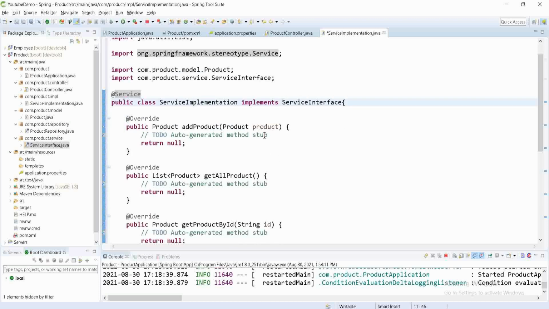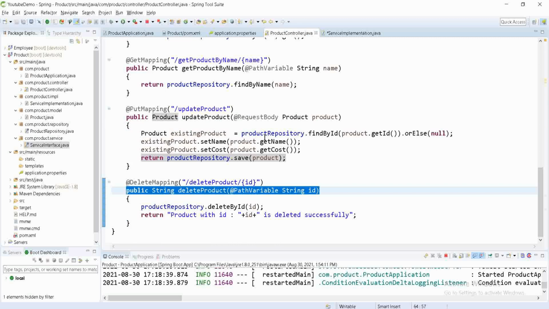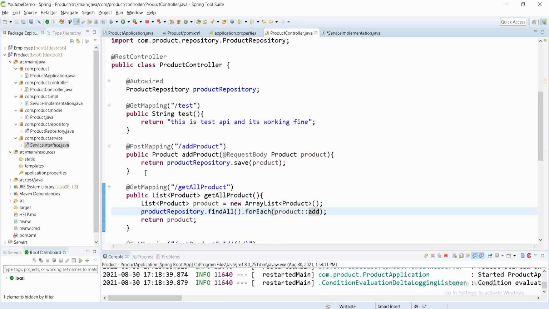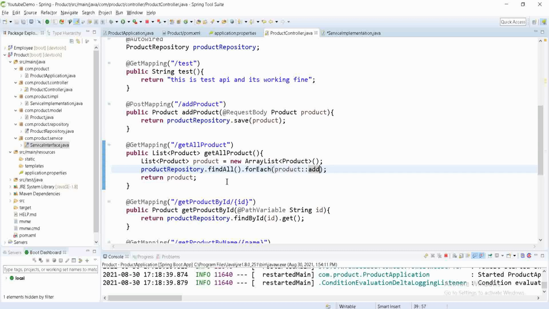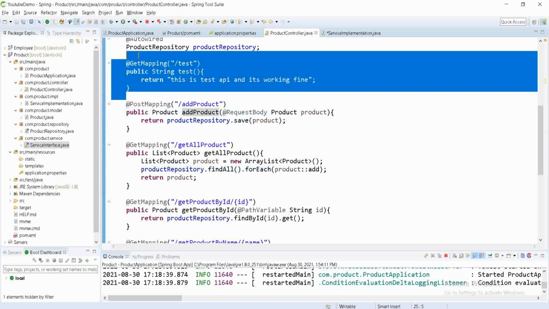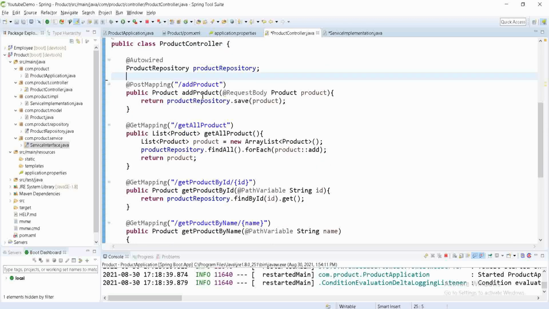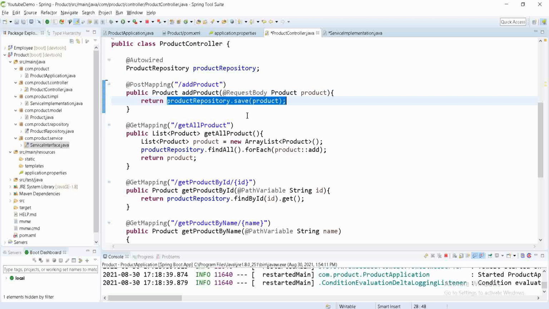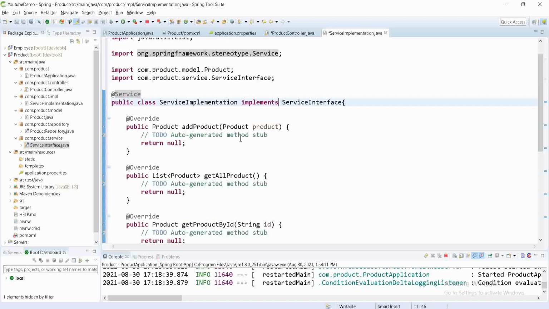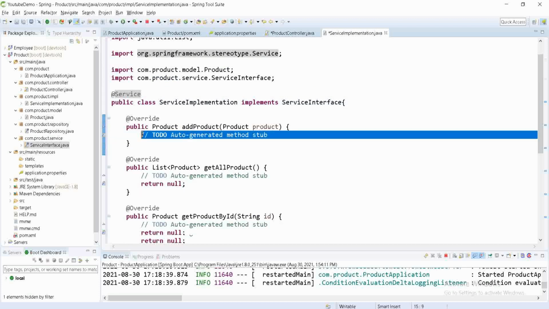Now in the controller we have all this business logic, so we have to move this business logic into the service. Let's do it one by one. First is add product. Here the get mapping test is not useful for us now, so I'm going to delete that. In add product we are using this, so you have to copy and paste the same here.